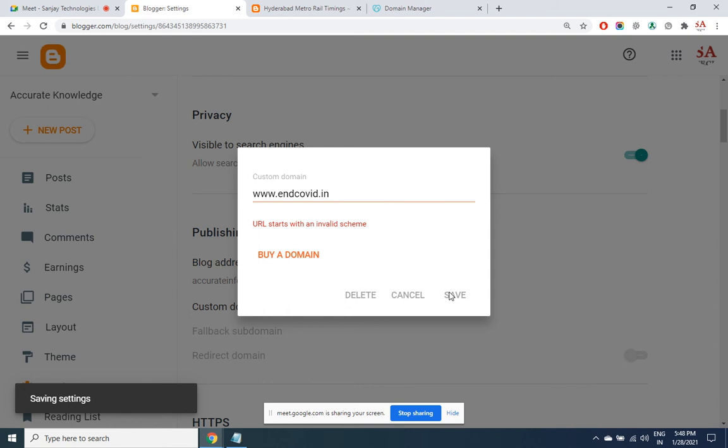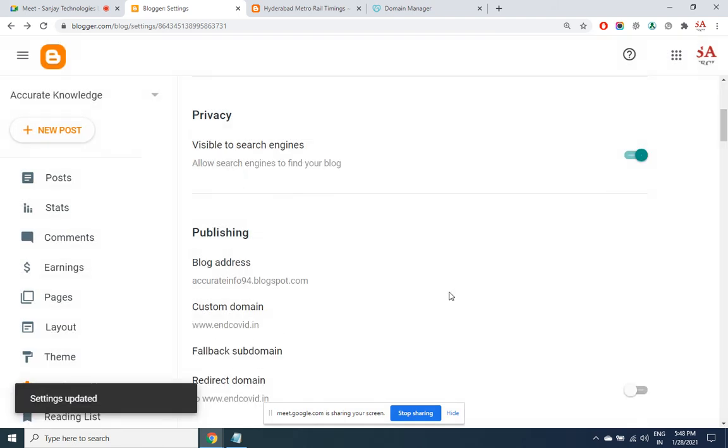It has to show the DNS records. Let us wait for it. Yeah. Because I'm using this domain already, it doesn't show up. Let us replace this domain.